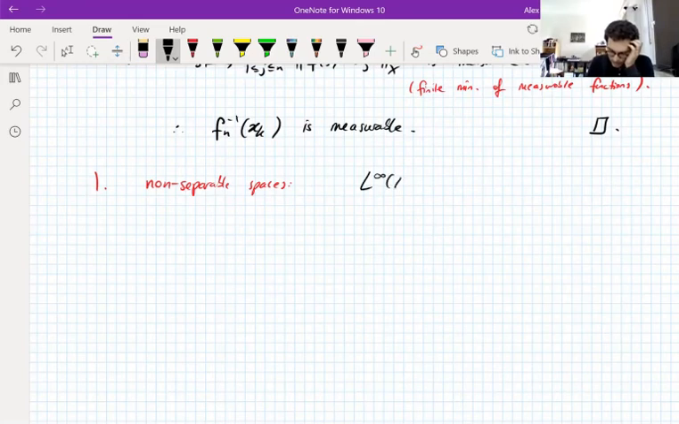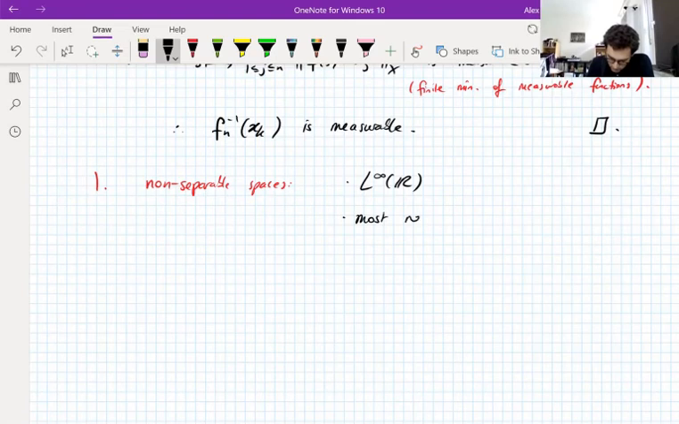L infinity is already not separable, but it's not so bad. And sometimes we're going to have to deal with bounded functions. In particular, I think for the stochastic analysis applications, L infinity is actually a space you deal with quite a lot. So sometimes you are going to have to deal with a non-separable space, but you're not completely without a paddle, I think you said, because